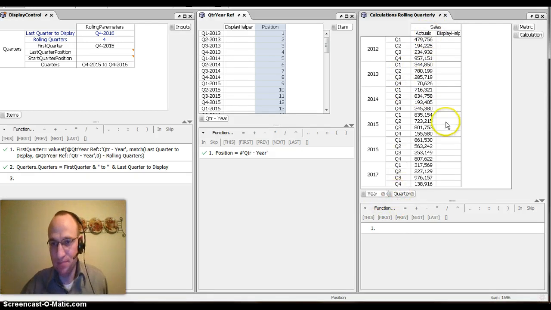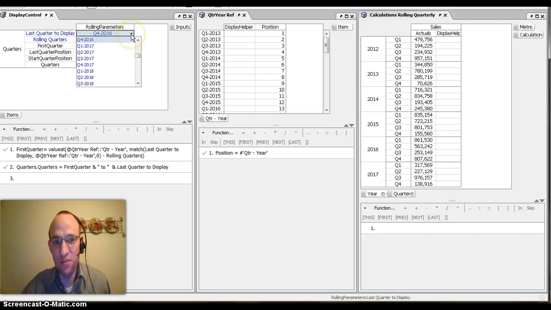For example, I have here over on my right a calculations rolling quarterly matrix, which shows year quarterly sales. And what I want to be able to do is I only want to display in this matrix the values between these two time periods, between Q4 of 2016 and Q4 of 2015. And I want this to be volatile, based off of what my selections are here in my last quarter to display, whether I select from the drop down or whether I put in some rolling number here. And how I do that is by